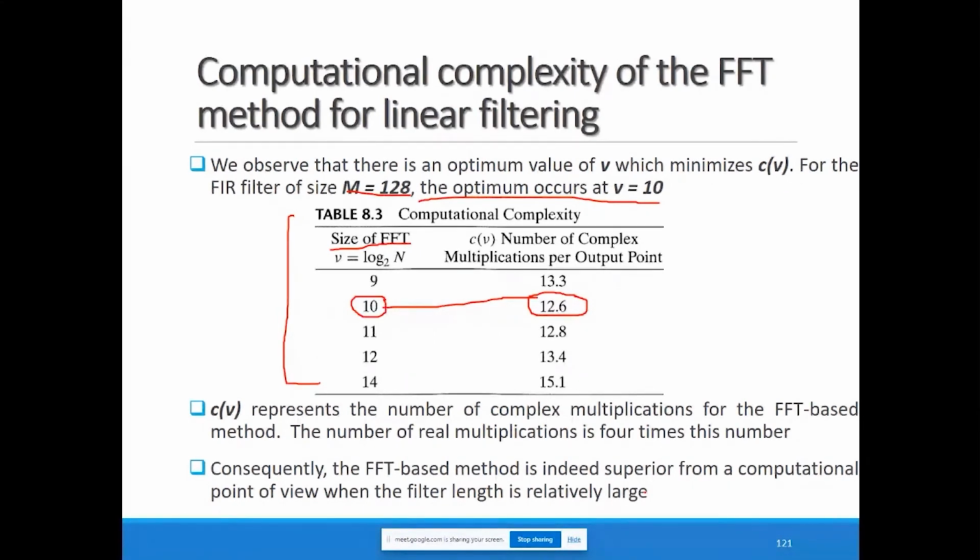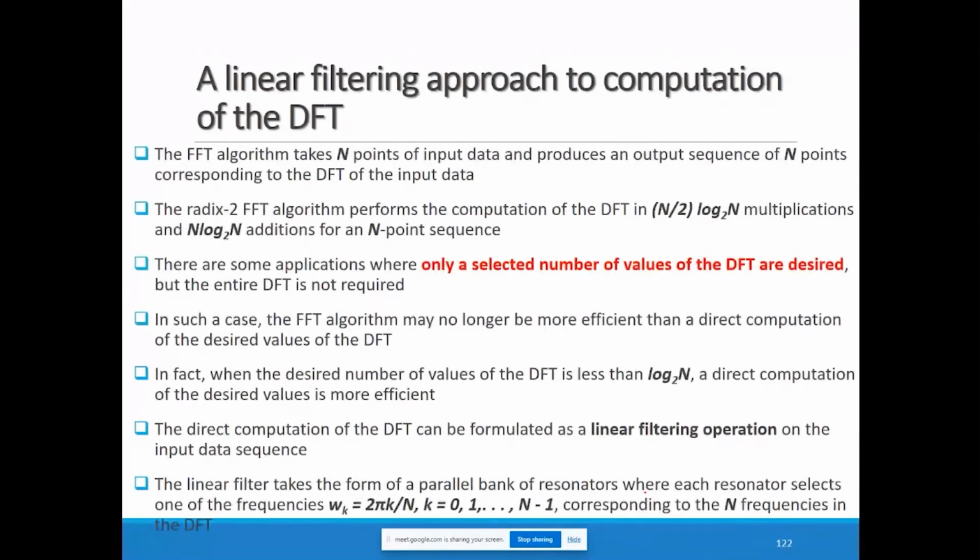to direct implementation. But what happens if you have to select only a few points of the data? It is not always that we require all the data given in the input, processing all the data and producing the output. When such a requirement arises, instead of performing FFT, direct computation is better. Because we only have to select a few points and find the computation of the DFT, whereas the FFT algorithm takes N points of input data